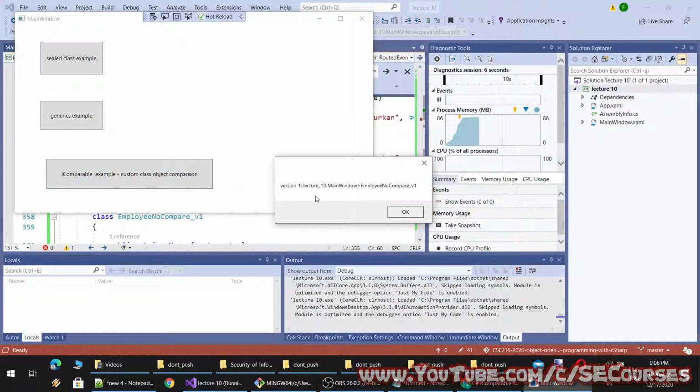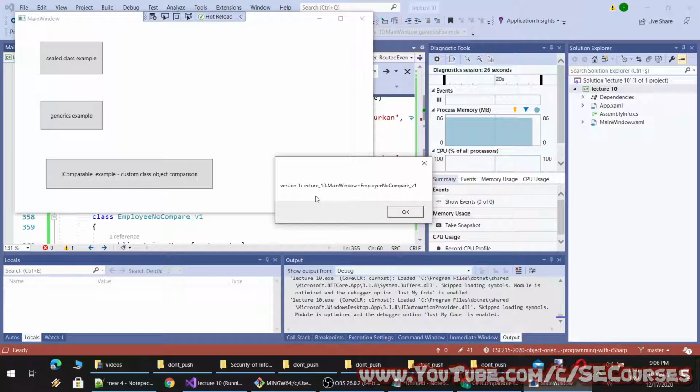Okay, you see version 1 shows me the name of the class, the full path of the class: Lecture 10 MainWindow plus EmployeeNoCompare 1. This basically gives us no information. This is not what we want.